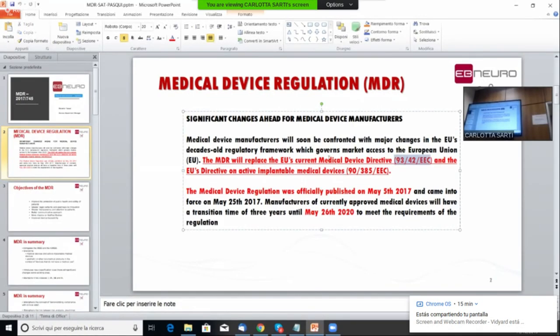Before it was called MDD, Medical Device Directive. And also we have the 90/385/EEC for the active implantable medical device system. Okay. Now, starting from 5 May 2017, we have the new MDR regulation.